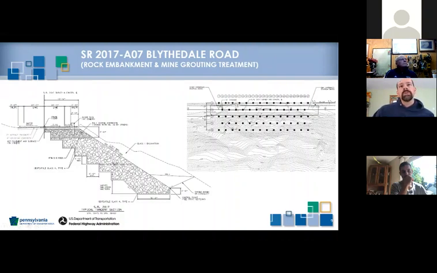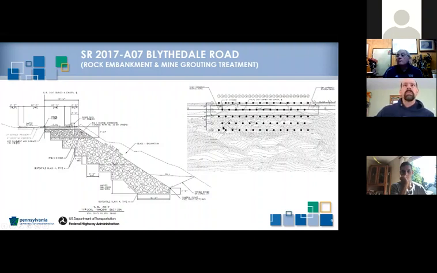On the right, it shows the mine grouting plan. Each one of those circles is where we were drilling to fill the mine. Typically, we use different types of concrete grout mixes, depending on what you have. If you hit a void, you have to have a low slump mix so that you form a column. And once that column comes up to the hole in the above layer of rock, then you can fill that up. Some of it is mine gob.